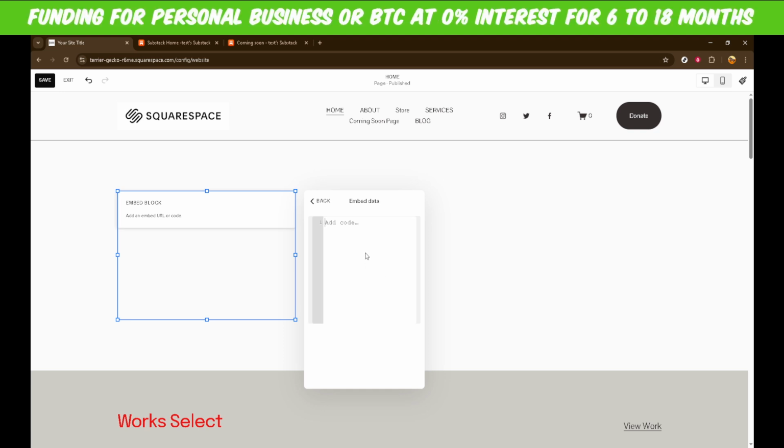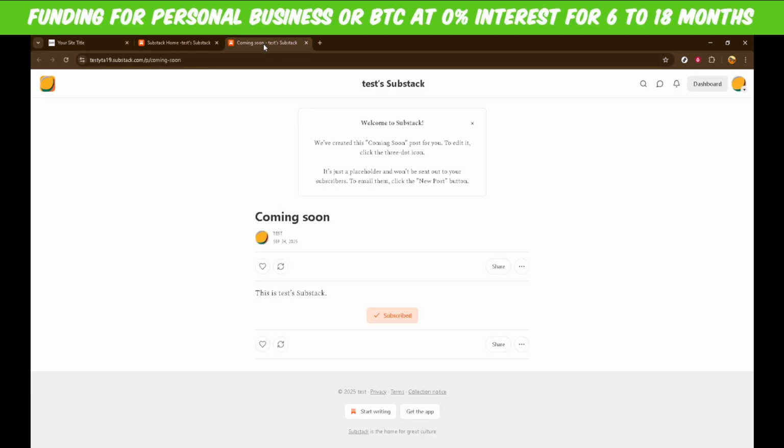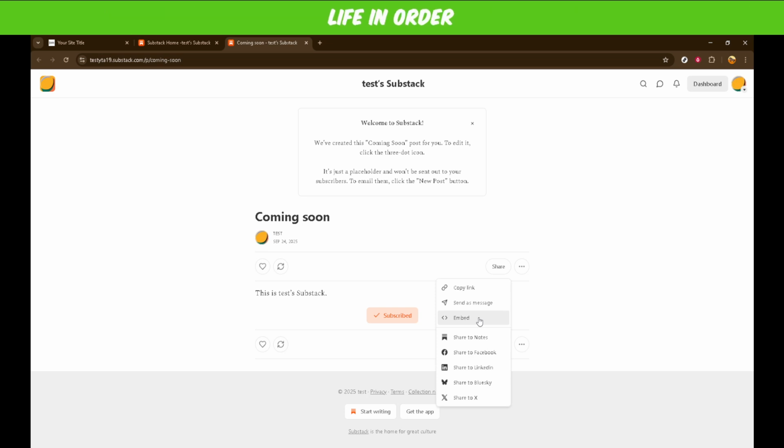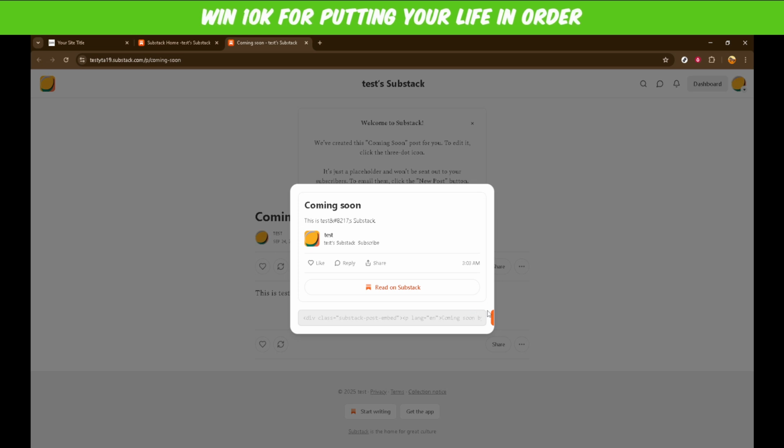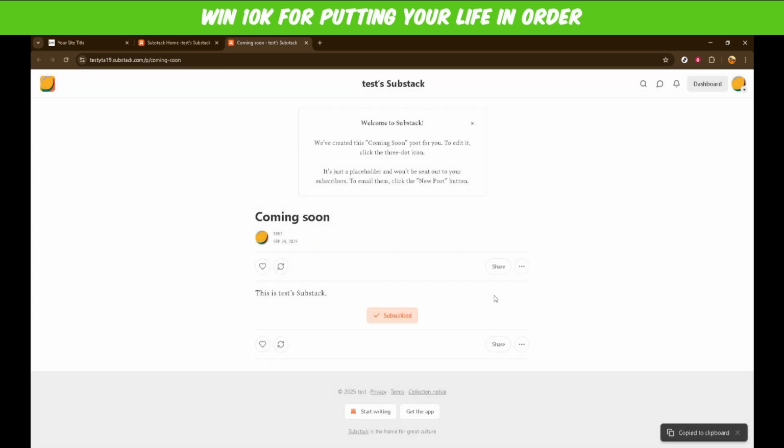Open up a new tab and go to your Substack account. Navigate to your form within Substack and look for the Share feature associated with your form. Click on Share, and you should see an Embed option. Once you click on Embed, Substack will generate a code snippet for you. Here, pay attention to the Copy Code button. Clicking this will copy the embed code to your clipboard, making it easy to return and paste it into your